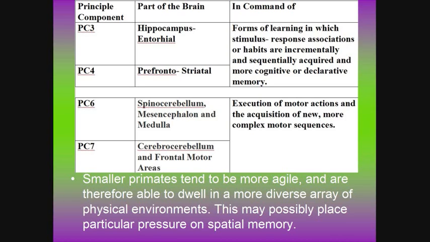Great apes show a decreased investment in PC6 and PC7. Humans follow the same trends as great apes, but have an additional investment in overall brain size. Monkeys have the highest score for PC7, consistent with their increased sensory motor capacities. The increase of PC6 shows increased variation when brain size decreases. This helps to show that smaller primates suit a wider array of physical environments, thus placing more pressure on basic